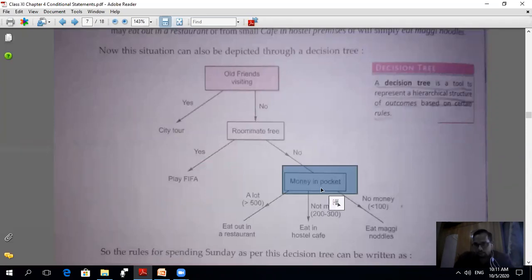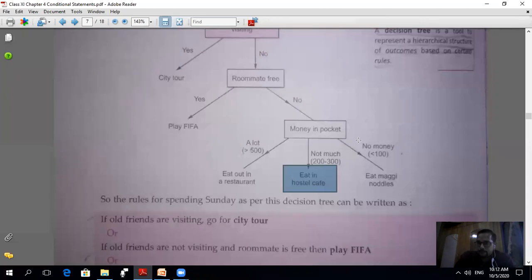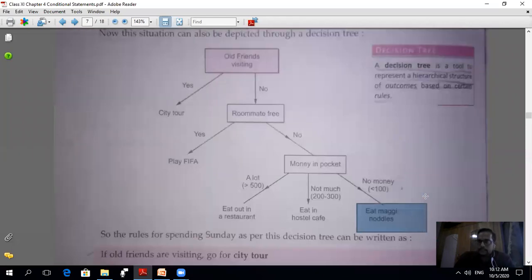Now let's see the conditions. If money is greater than 500, then eat out in a restaurant. Then third situation, if money is not much, between 200 and 300, then eat in the hostel cafe. Or if money is less than 100 rupees, then he eats Maggi noodles. So these are the conditions.